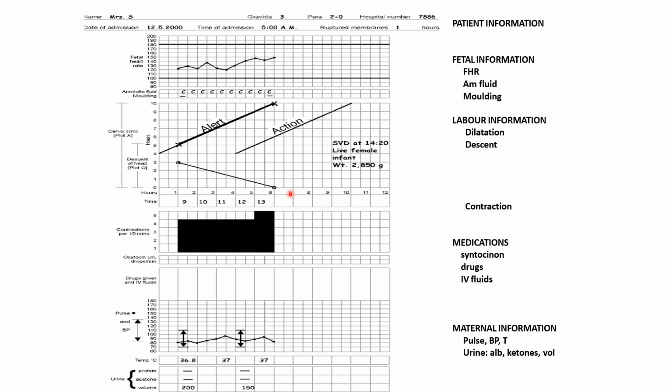So that time again at 1 o'clock when we have assessed, here you just see it was marked 0, that means here plus 5. So this is the way to represent the descent of the head.